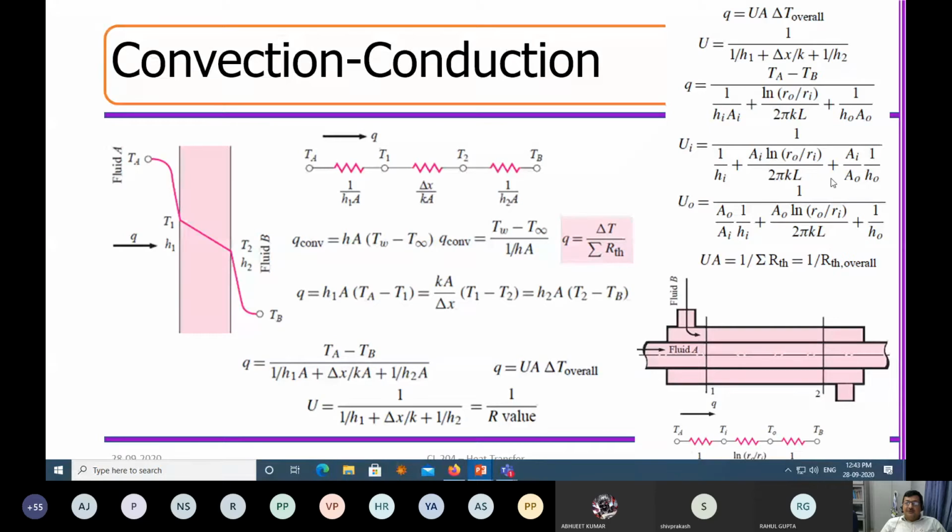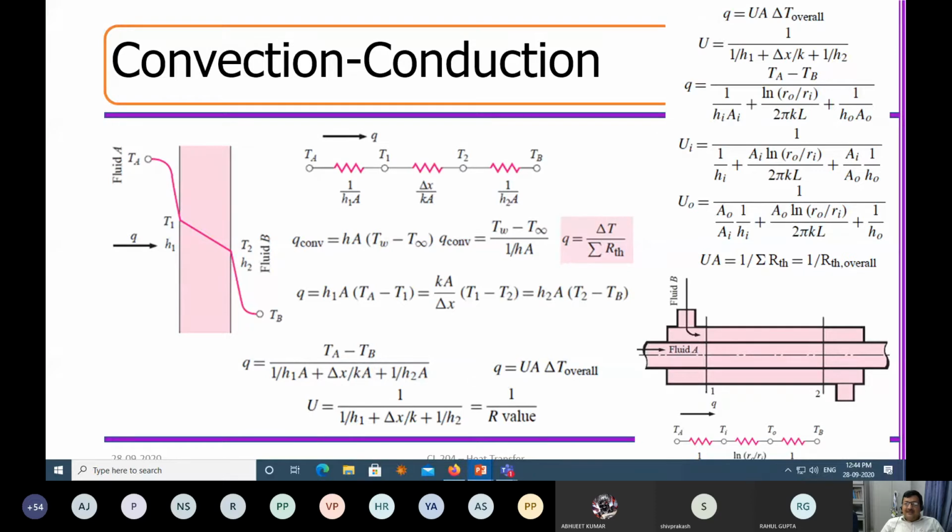Now, this overall heat transfer coefficient is of two types. One is when it is expressed in terms of inner radius, and the other when it is expressed in terms of outer radius. Now, when does this appear? For a cylindrical system, I was using delta X by K, which is not correct; it is true for a rectangular system, where the cross section is rectangular. But for a pipe with finite diameter, this delta X by K will be replaced by ln(Ro/Ri) by 2 pi KL. This we have just now derived.